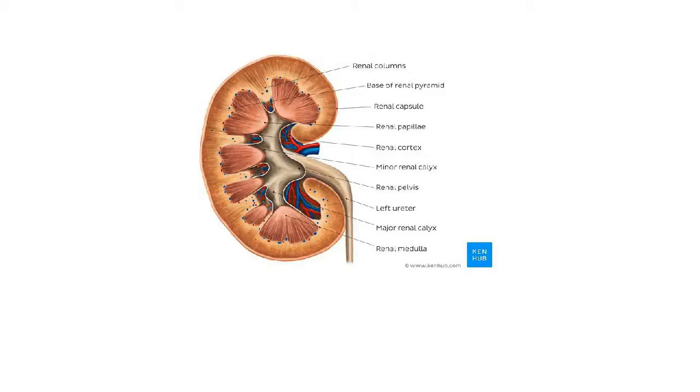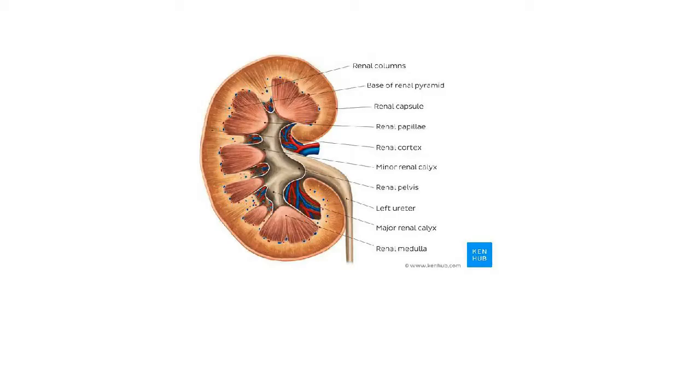Cortex is the outer region of the kidney and it extends in between the medullary pyramids, and these extensions are called columns of Bertini. Some of the words are missing in your book, but I am teaching you in detail, so listen carefully. These extensions of the cortex layer are called the columns of Bertini, and the cortex is not uniform in texture because of the granular substance present in it.